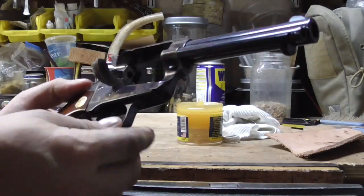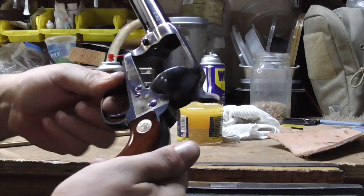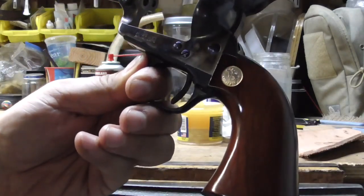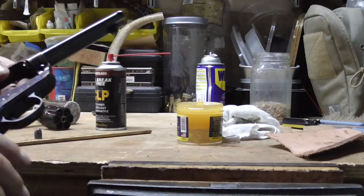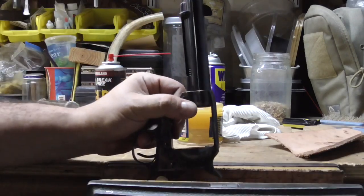But other than that, I haven't shot this one yet, and he's assured me that as soon as we go out, we'll be able to shoot it. And you can see it's got the Cimarron logo right there. Very nice piece. What we're going to do is vise it up and slug